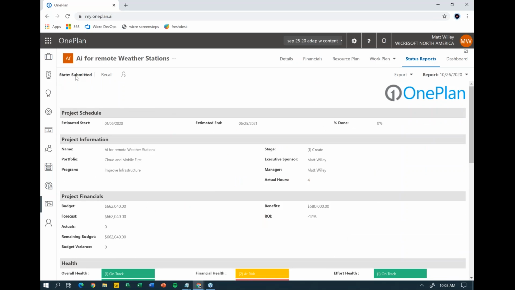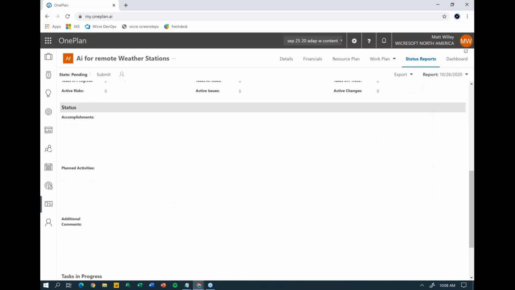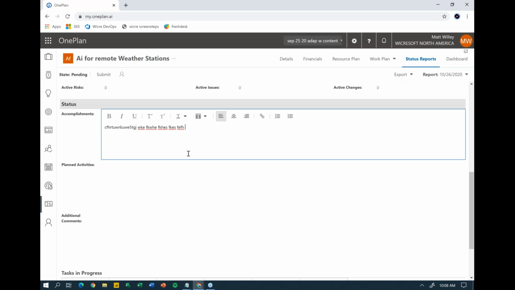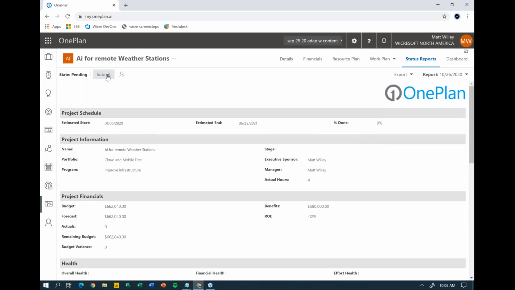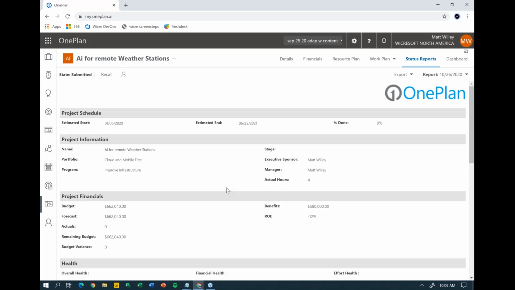But you'll see that this particular status report has already been submitted. That all previously worked just the way it still does. The new thing is if it hasn't been approved yet, there is a recall option in here. So I can come in and say I want to recall this, like maybe I forgot to do something, like I forgot to key in my accomplishments for this particular status report. So I can then key those in, resubmit it, and let it go back through the process and send that to whoever the approver is for this status report. Once it's approved, though, it will still be locked. You won't be able to recall it at that point, but it does let you recall it until it gets approved